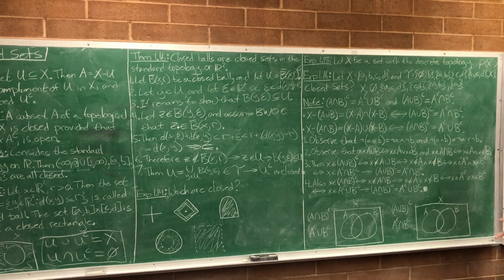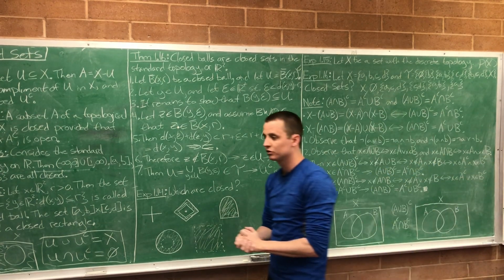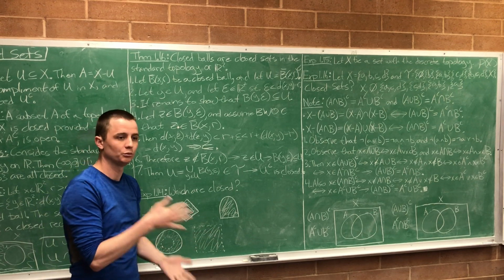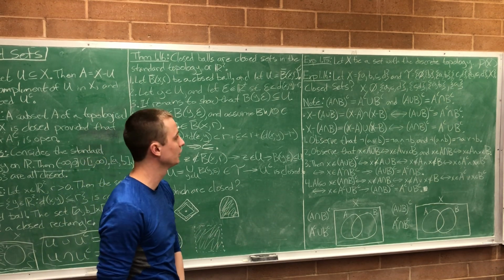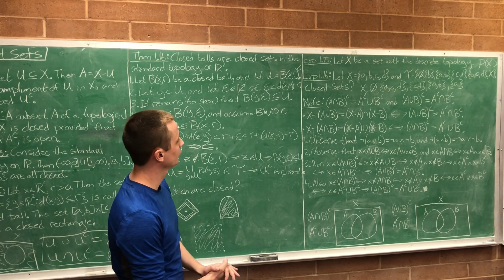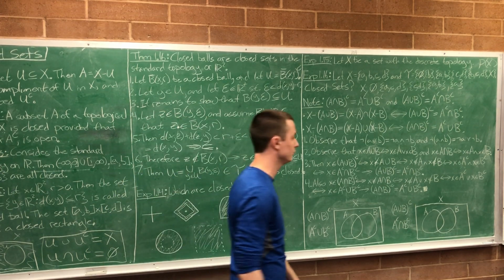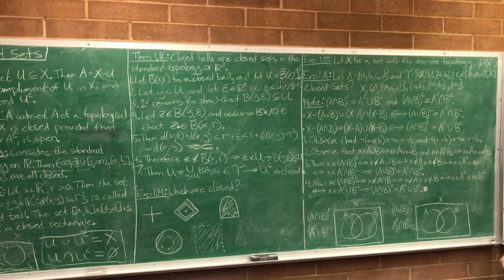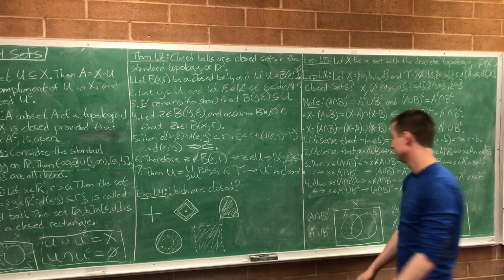Notice that a lot of the times that we're trying to prove that a set is closed, it's showing that its complement is open. That's how we show a set's closed. We prove its complement is open. So we're often dealing with the complements of sets when doing proofs with closed sets. And so there's a very useful theorem that we've already shown in this class, but we'll go over it again because it's very important when dealing with closed sets. It's just De Morgan's, for those of you that remember what De Morgan's is, with sets.